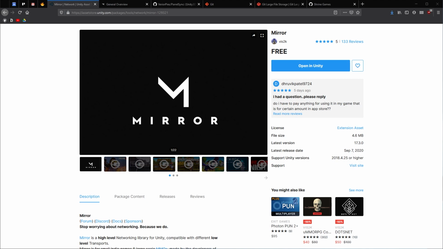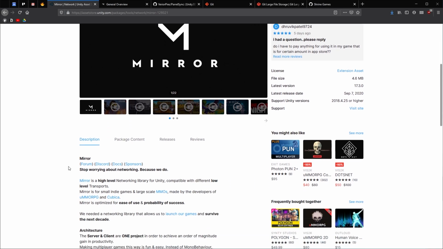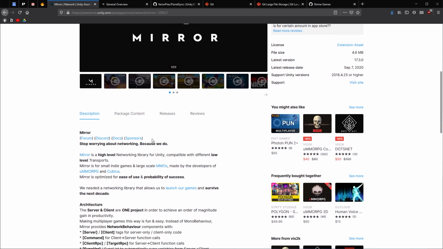Alright, so you might be wondering why we're going to be using Mirror, so let's just go over that really quickly. Mirror is free and open source, so you can always go into the source code, make modifications, and just see how things are working under the hood. It's based on Unity's abandoned UNet networking system. But the developers have fixed a ton of bugs, they've added new features, and there's active development, so Mirror is